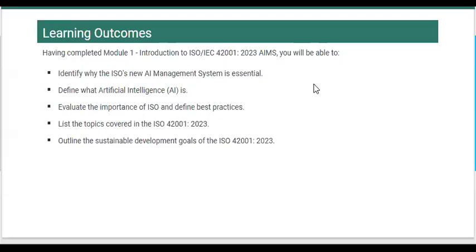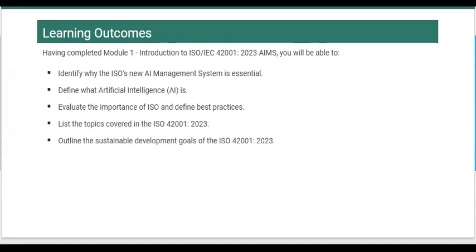Module 1, Introduction to ISO/IEC 42001, 2023 AIMS. Learning Outcomes. Having completed Module 1, Introduction to ISO/IEC 42001, 2023 AIMS, you will be able to